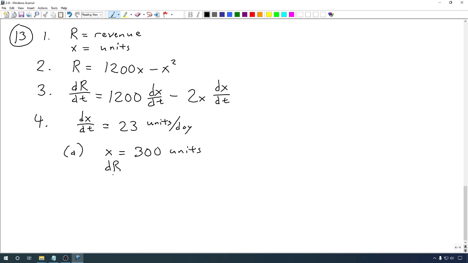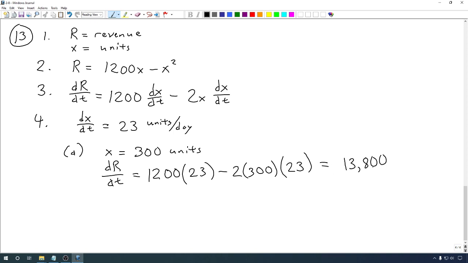So dr dt, if we already know that dx dt is 23 and x is 300, we just put those values into our equation. We have 1200 times dx dt, which is 23, minus 2 times x, which is 300, times dx dt, which is 23. Again, go ahead and use a calculator for this. It comes out to be